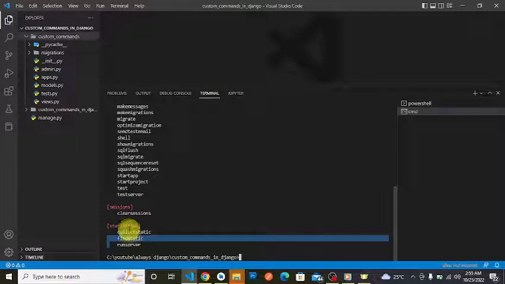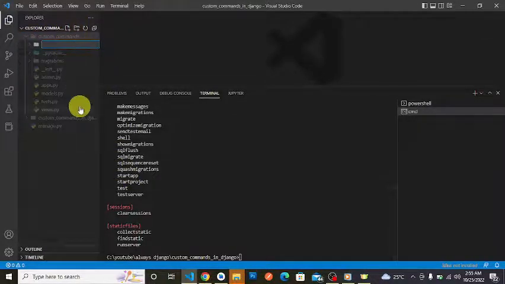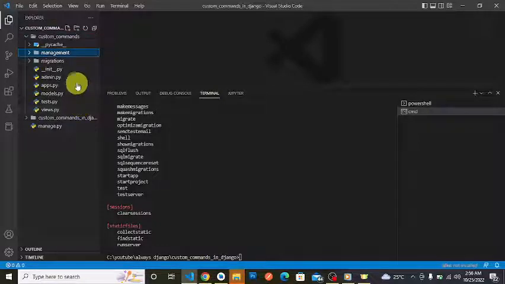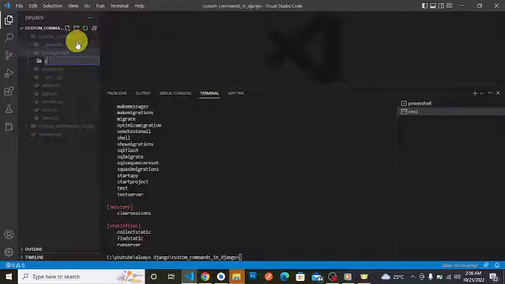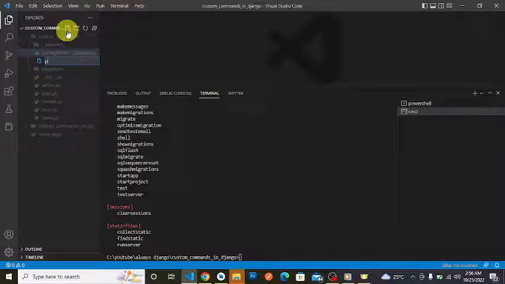So the commands will be listed here, and this will be the name of our application. So let's get into it. We said we create, first of all, inside this application, a management folder. Inside this management folder, we'll create another folder, commands, right? Inside this commands folder, we will now create our command